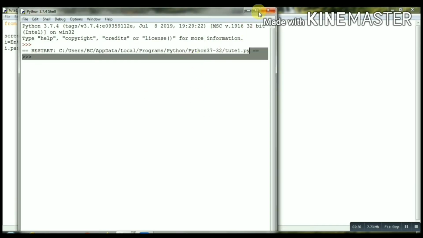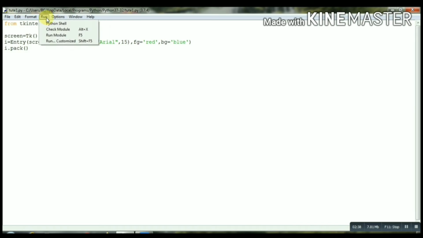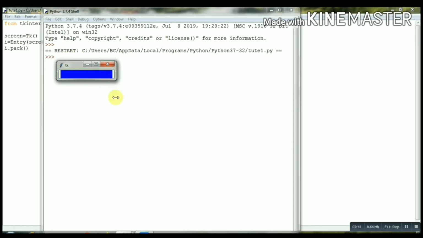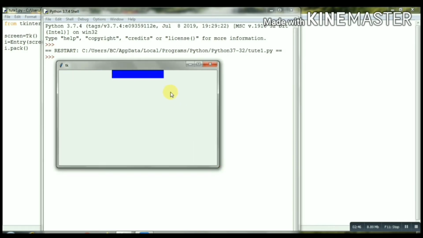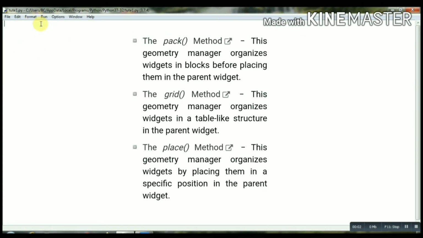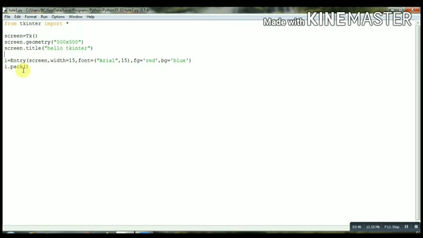Now the question arises, is this the only method available for giving the place? So no, there are many more methods. Pack is used to place the widget at the middle of the line. As you can see, it is in the middle of this Tkinter window. So let's see more methods. As you can see, the pack method we have used already, and the grid method is used in a table-like structure. In that we will give row equals this and column equals this. And in the place method, we will give the exact coordinates, like x equals this and y equals this. So let's try out other methods.